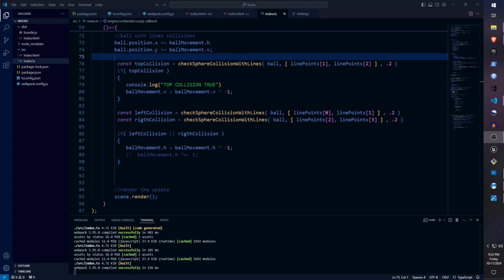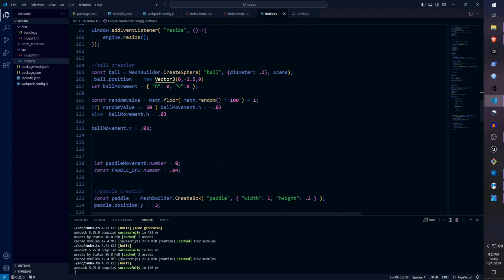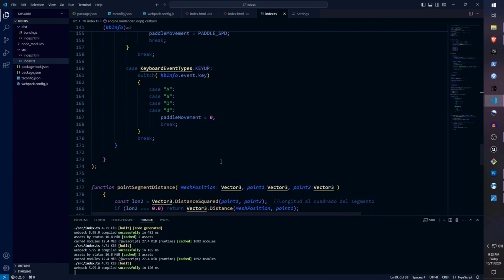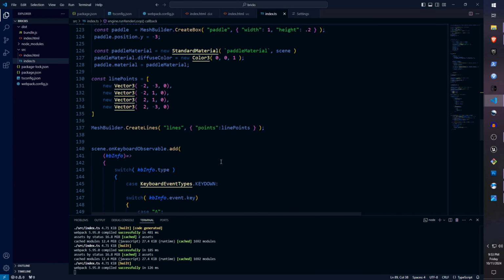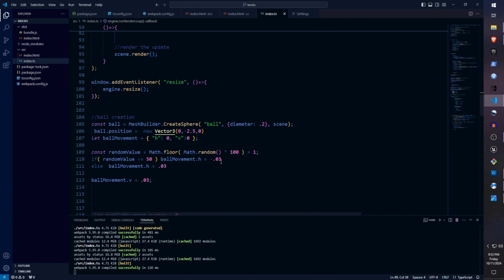Now we have to check the collision between the ball and the paddle. Meshes have a function called intersectsMesh. I think that can be pretty easy, but before we make that, note that our code is